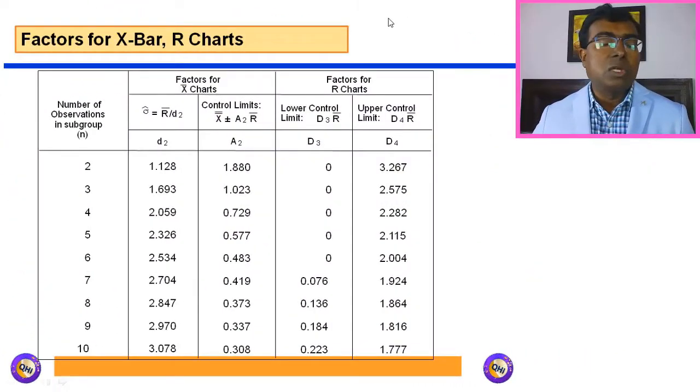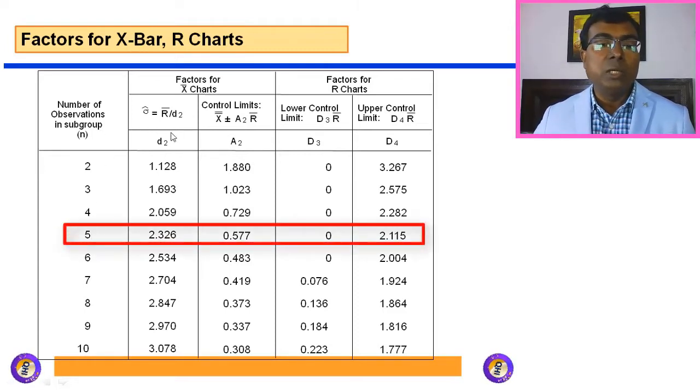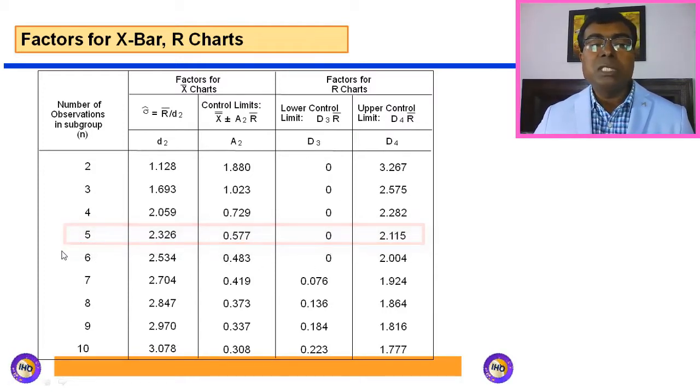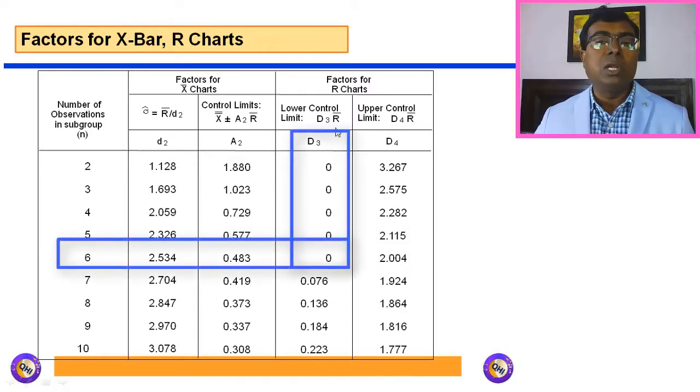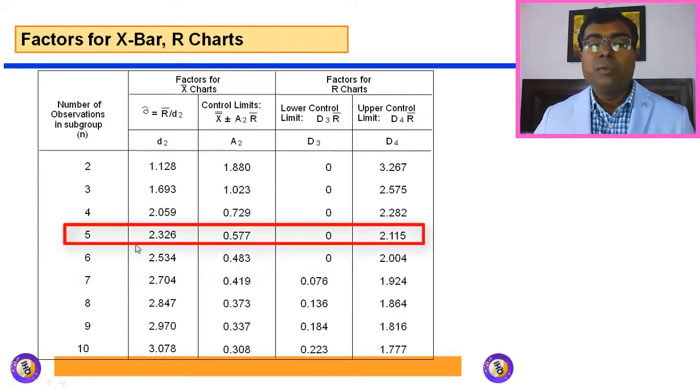Now let's understand the use of these constants in a control chart, and for that we will be using the X bar R chart, or average range chart, for example, and let's take a subgroup of 5, which is quite commonly used in manufacturing industries at least. So if your subgroup size is 5, the constant value D2 will be 2.326, A2 will be 0.577, and D3, you can see, up to a subgroup size of 6 it will be 0. That means up to a subgroup size of 6 your lower control limit in the range chart will be 0, and the constant value for D4 for a subgroup size of 5 will be 2.115.